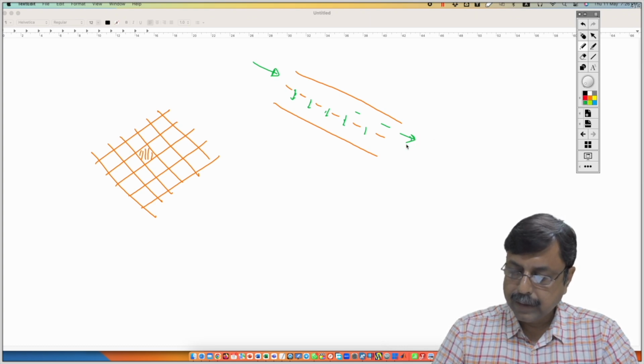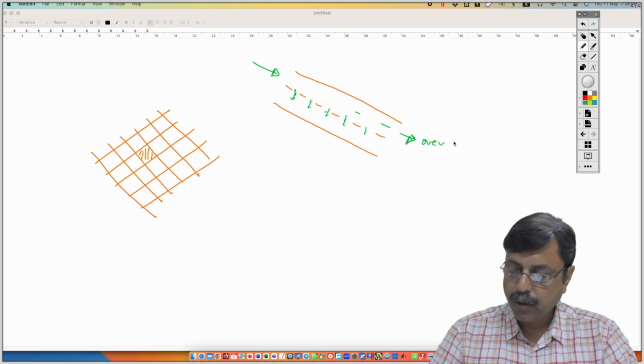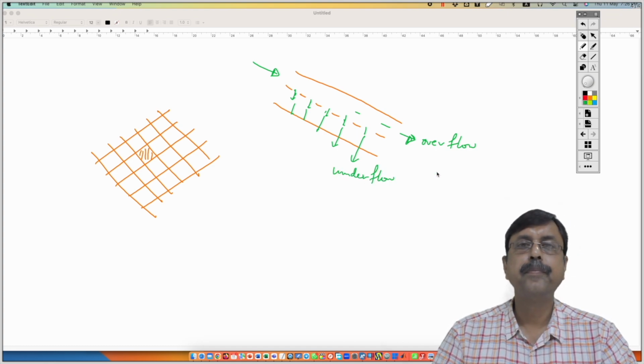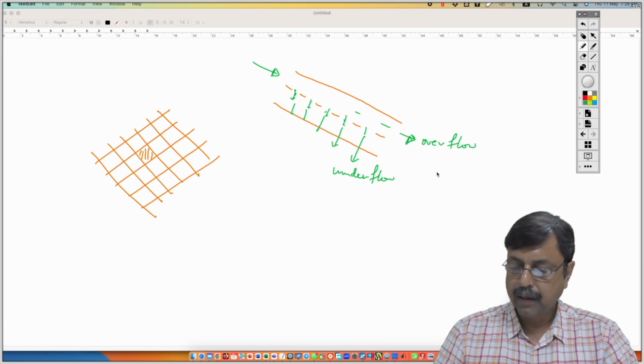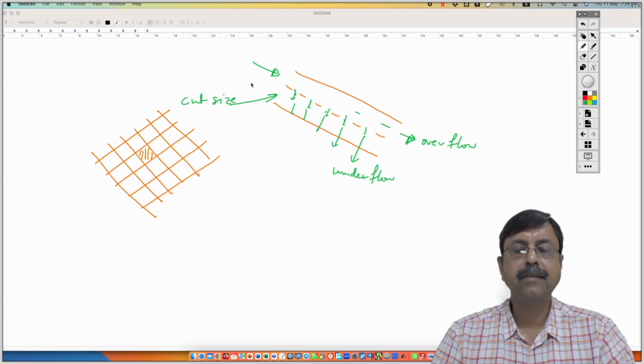So this portion of the particles will be termed as overflow, and these particles will be termed as underflow. That means if we take it as a cut size, it means the limiting size below which the particles will be termed as underflow and over which the particles will be